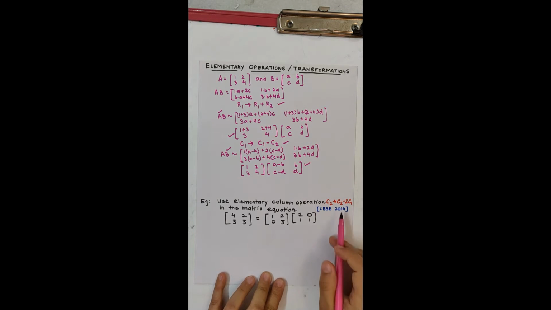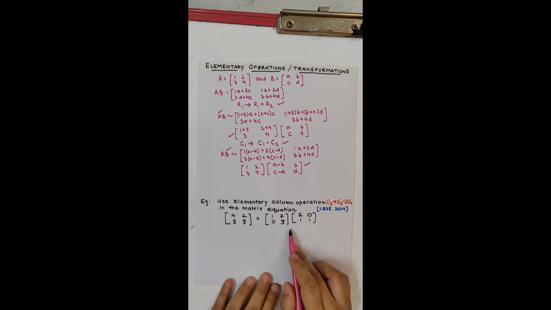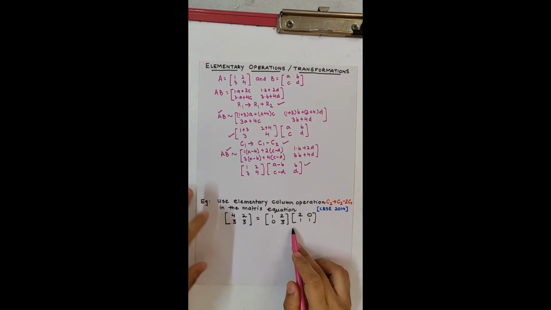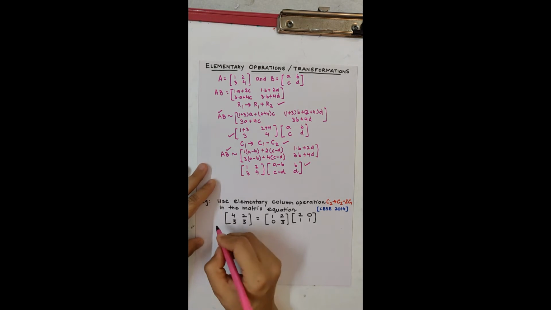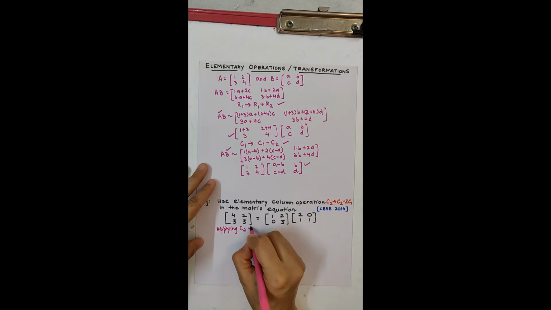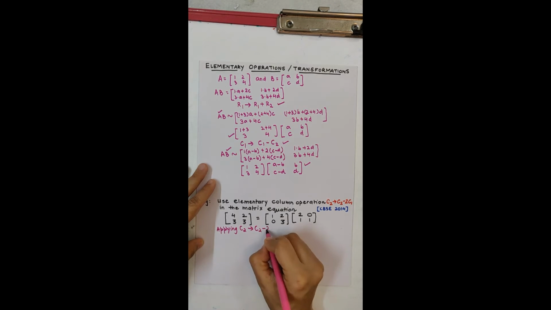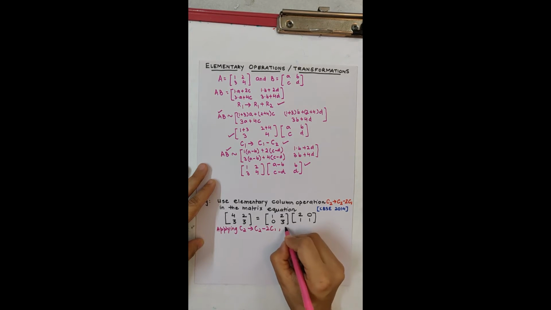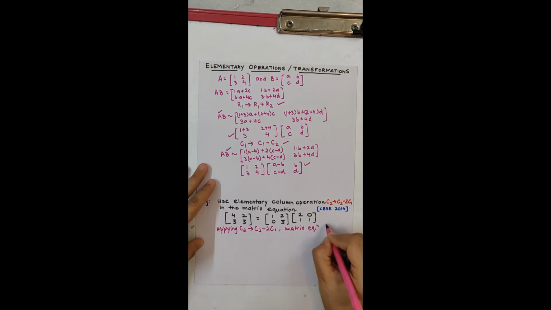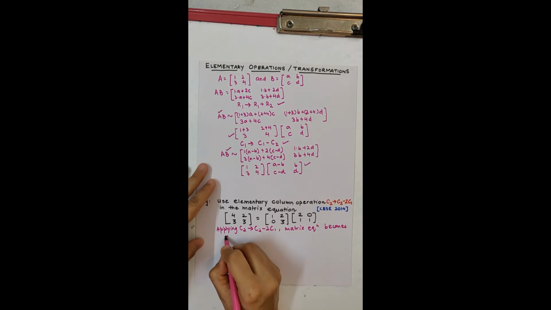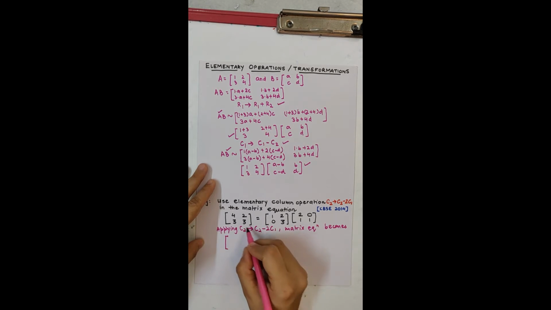Now when you apply an operation to a matrix equation, it has to be applied on both sides. So we will say here, applying the operation C2 goes to C2 minus 2C1, the matrix equation becomes,